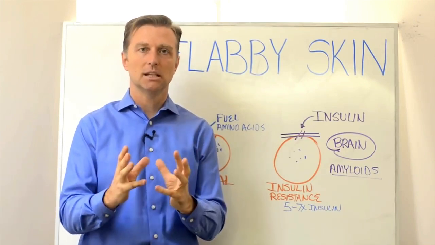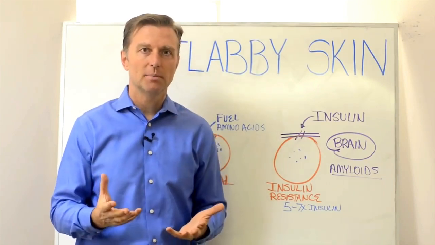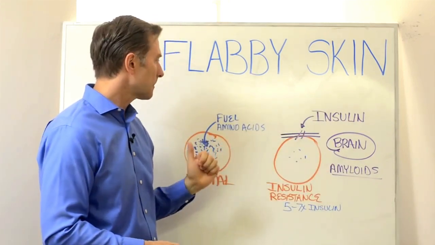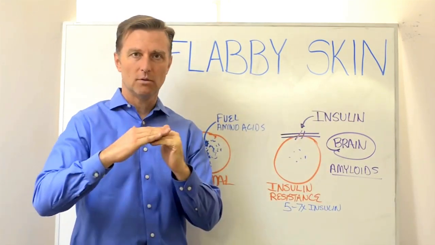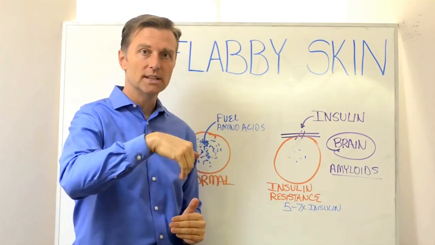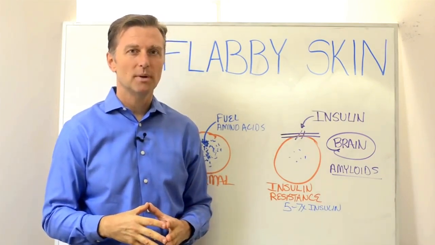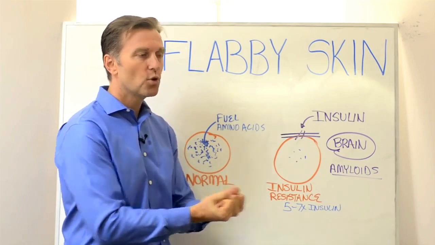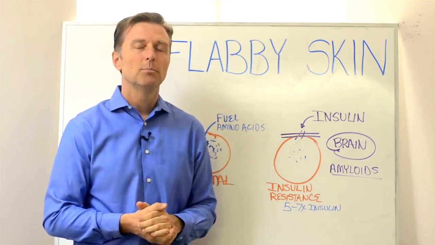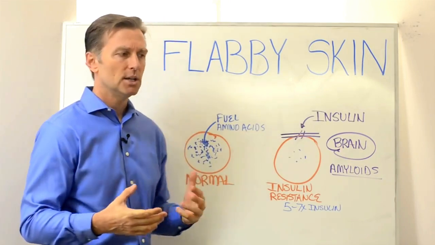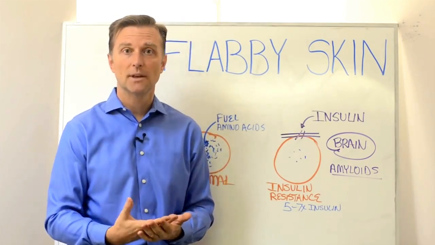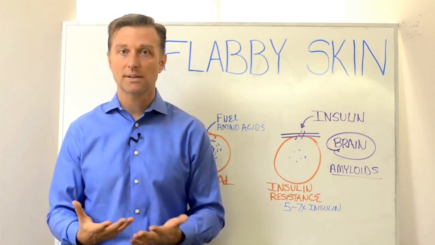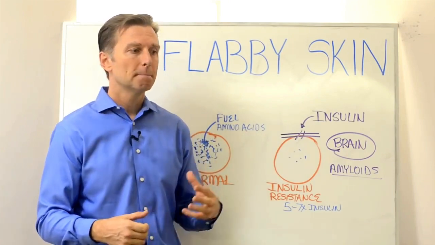Now, you need insulin. You definitely cannot live without it. But the problem is we have too much of it because of our diet, like sugars and things like that. But check this out. Your cells have a little window that allows insulin to drive fuel into the cells, but insulin is also one of the main hormones that drives amino acids into the cells. It's the hormone that allows the absorption of proteins, specifically branched amino acids. Now, what are branched amino acids? You see this a lot in people that are exercising, weightlifters, because branched amino acids are specifically good to repair and replenish lost muscle. So if you're losing muscle, you're atrophying, you would want branched amino acids.